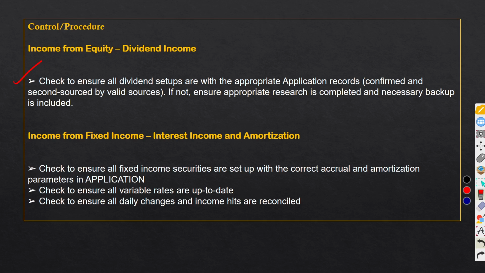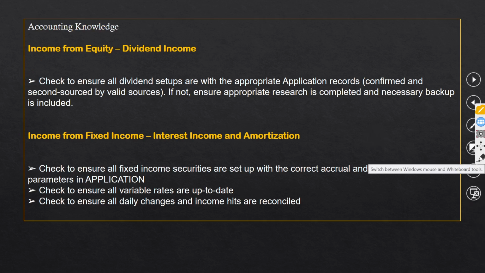Then, income from fixed income, interest income and amortization. Check to ensure all fixed income securities are set up with the correct accrual and amortization parameters in the application. Check to ensure all variable rates are up to date, and check to ensure all daily changes and income hits are reconciled. So this is what you should check through your control process also. Then additionally,